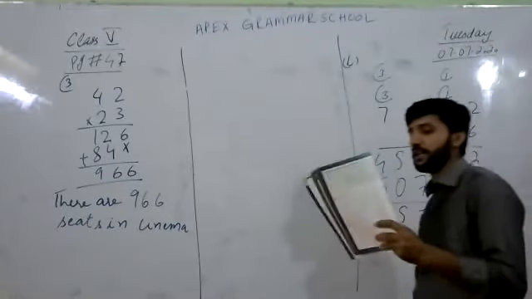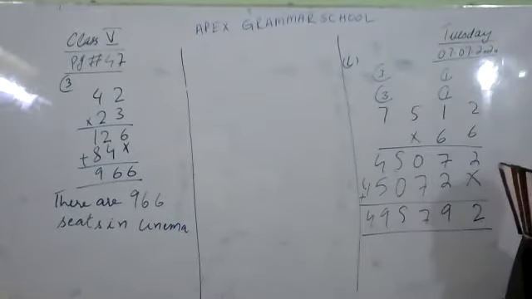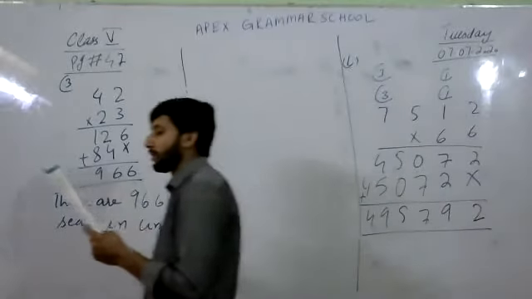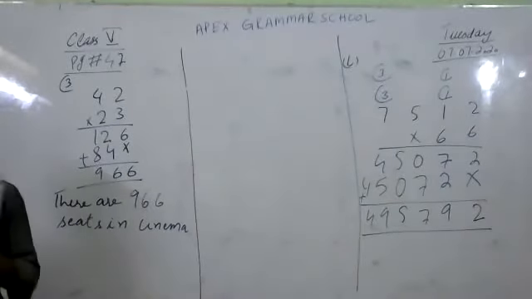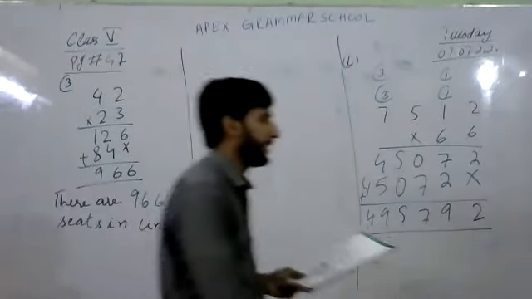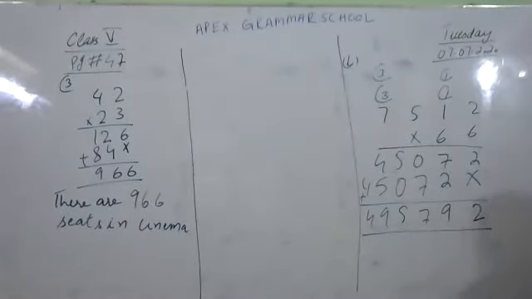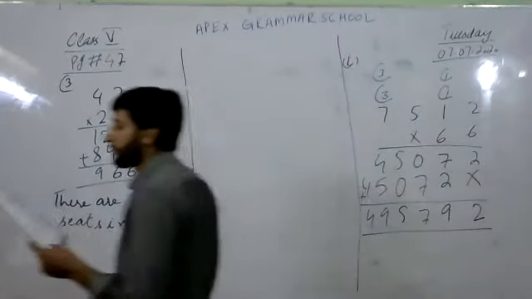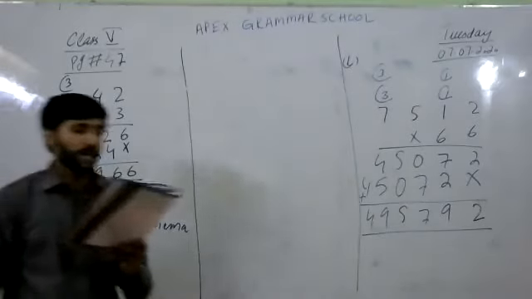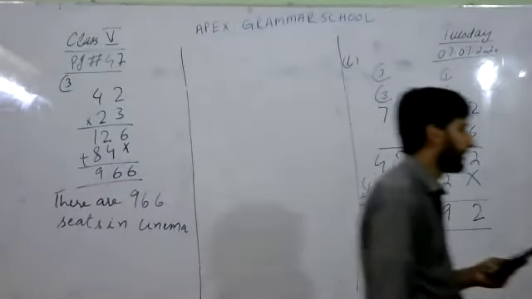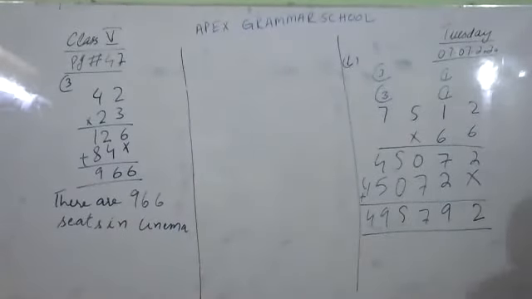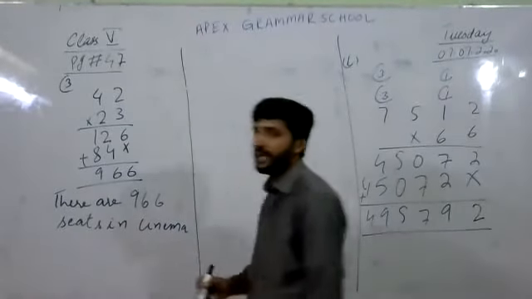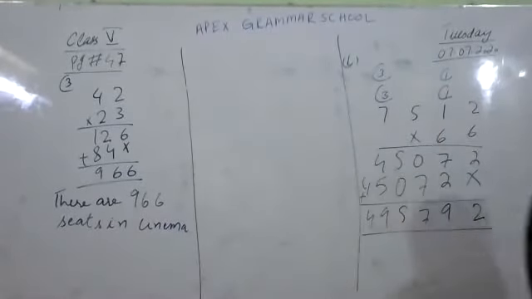B part of this question: Asif pays rupees 85 each month into a savings account. How much will he have saved in 3 years? 3 years means 36 months. The next figure for multiplication is not 3, it is 36 months. So we have to multiply 85 and 36. Keep in mind, if you use 3, your answer will be wrong, because 85 rupees is per month, not per year.